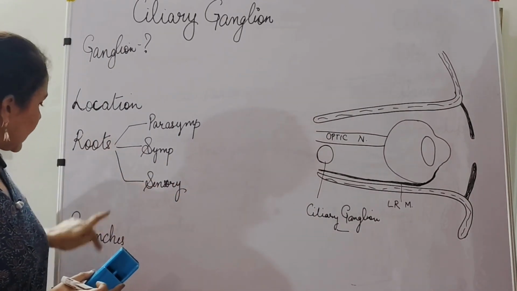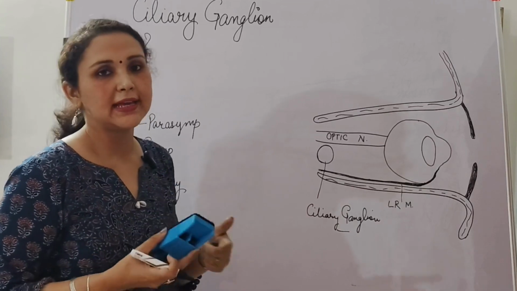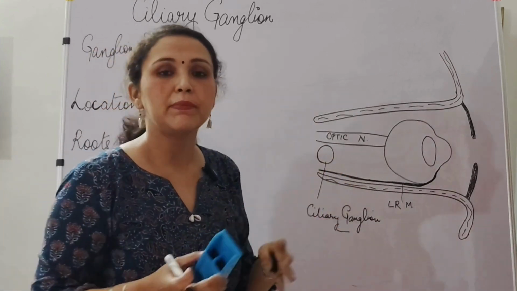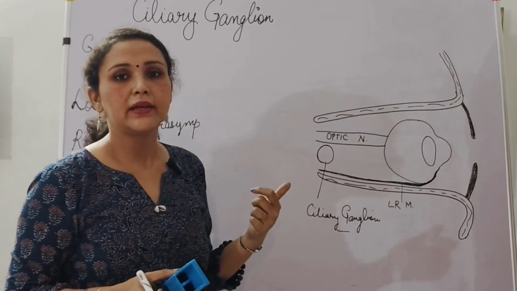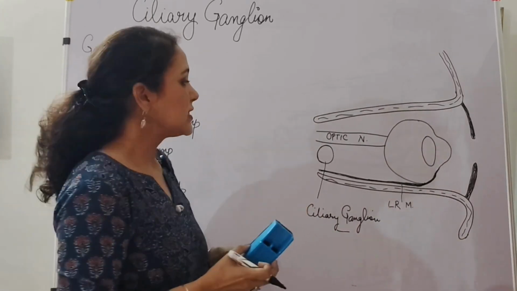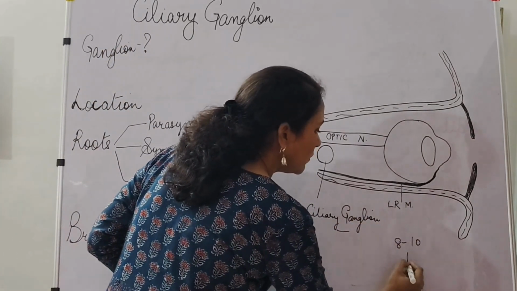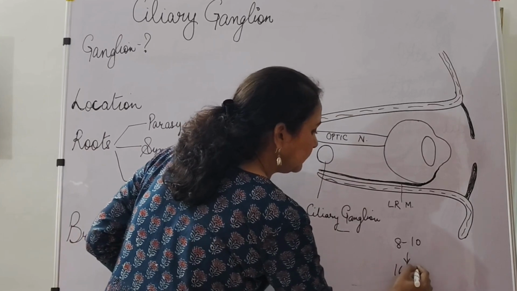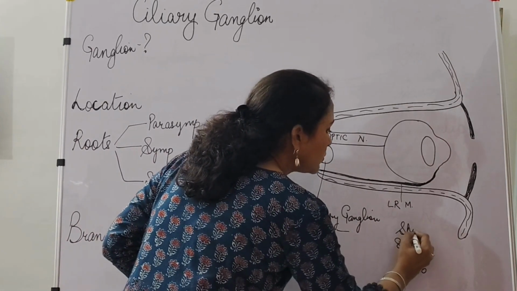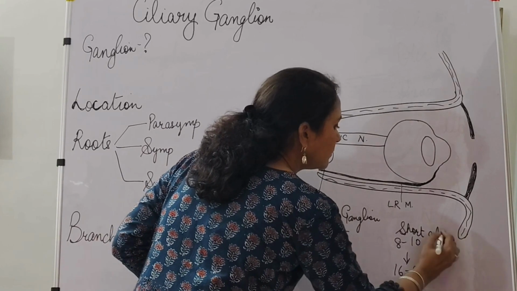Coming to the roots and the branches, of which we'll first discuss the branches to make it simpler. Now it is very easy to learn. We don't have many branches which we have to learn. Ciliary ganglion gives 16 to 20 branches. So basically there are 8 to 10 which further divide into 16 to 20 branches, and these are known as short ciliary